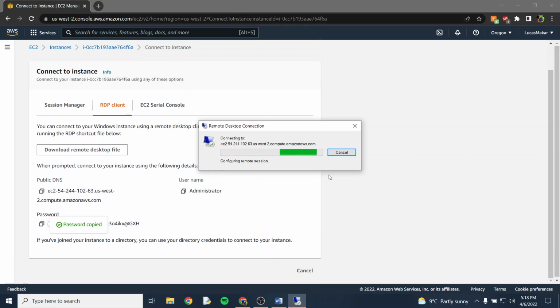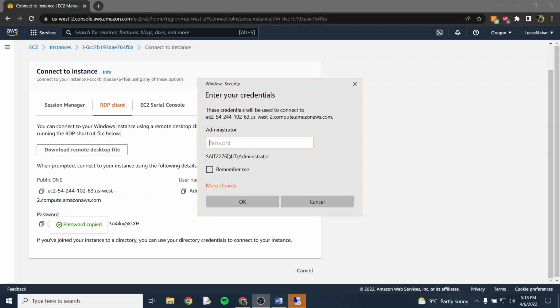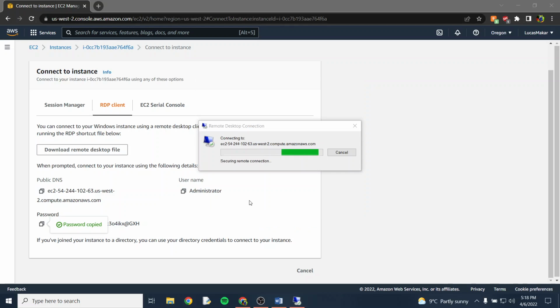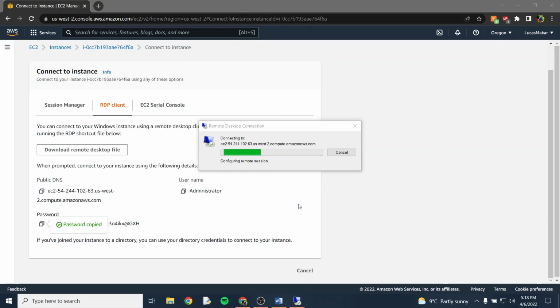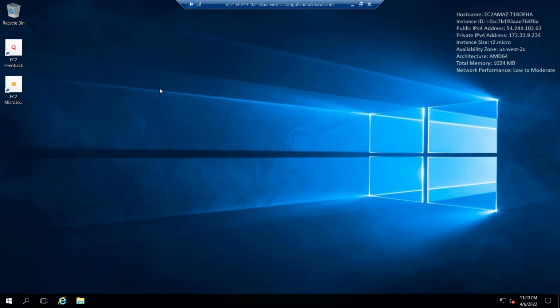This will take some time usually. And here we can put our password in that we recently copied, and this will begin the connection. Click yes for the verification, and here we can see it will configure the remote session. Now we can see that our Windows Server operating system has successfully booted up, and we are RDP'd in, and